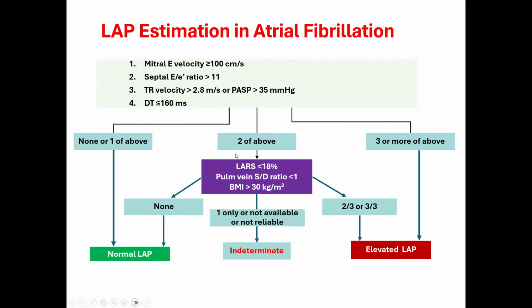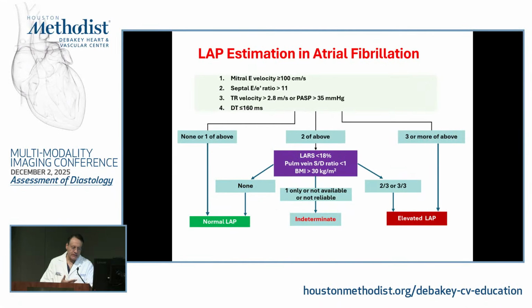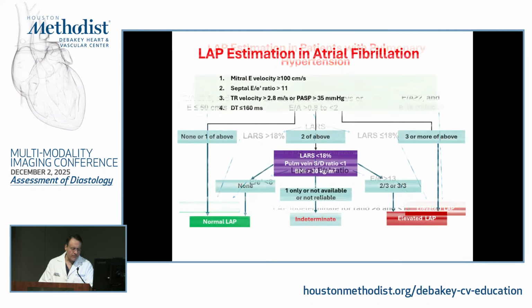In between, we go to that another purple box, but smaller box, looking at LA strain, pulmonary vein and BMI. For many of you, you are aware that individuals with a large body mass index in that range are at higher risk for heart failure with preserved